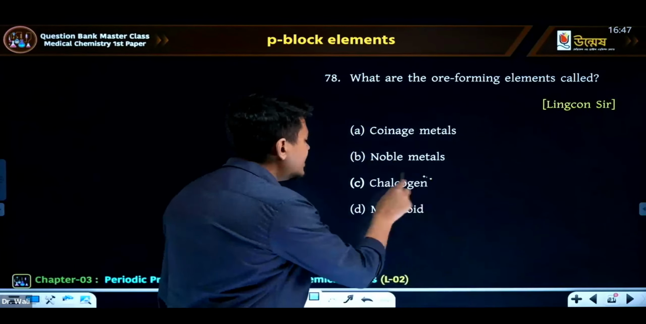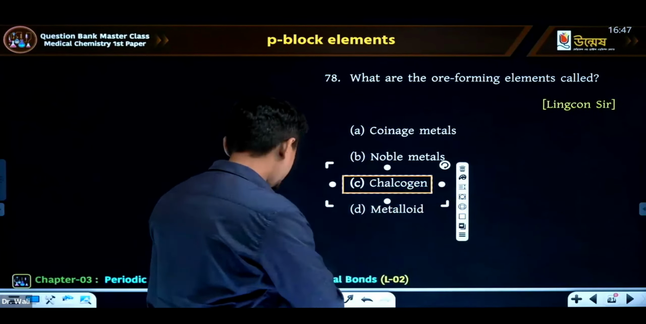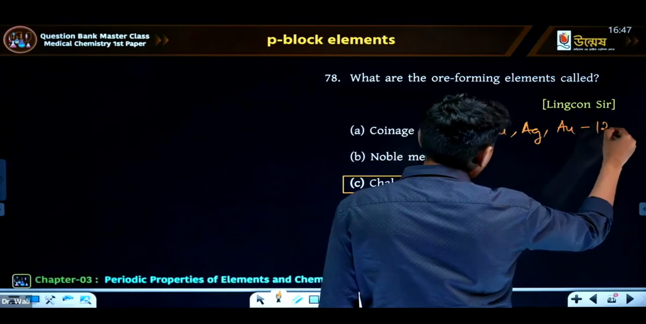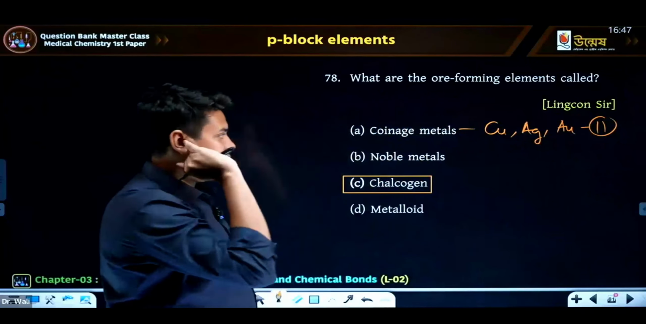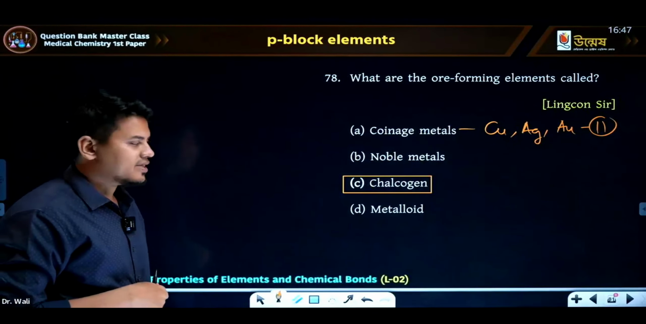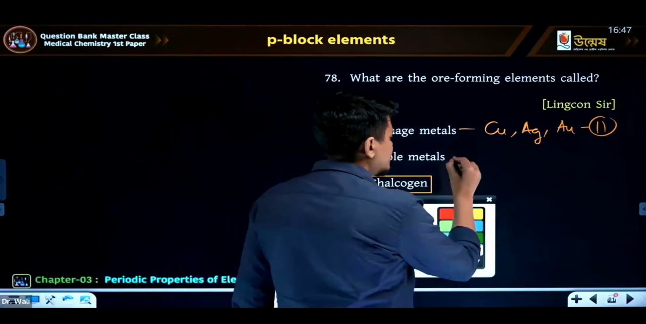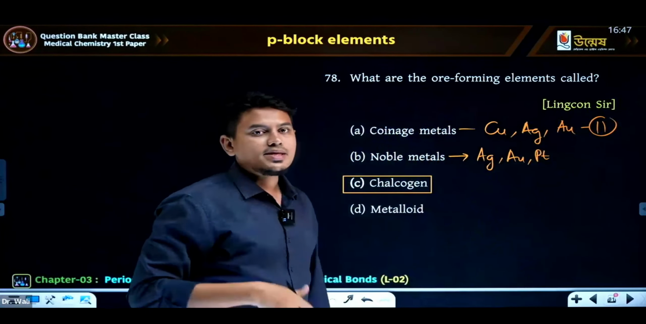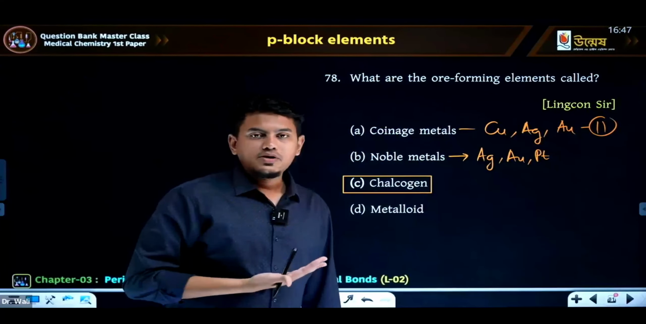What are the ore forming elements? These are called chalcogens. Okay, what are the coinage elements? Let me remind you once again: copper, silver, gold. Copper, silver, gold, which are group 12. No, group 11. Group 11 elements are the coinage metals. Noble metals, are there any noble metals? No. Noble elements are there, noble gases are there, noble metals are not there. But you can mention noble metals. I mean, silver, gold, platinum. These can be termed as noble metals since they're really expensive and they're used in different ornaments as well